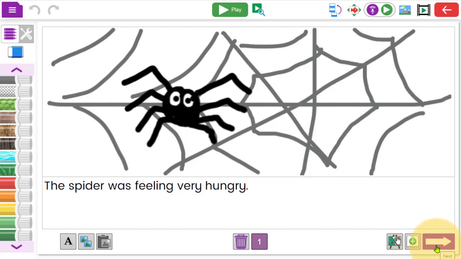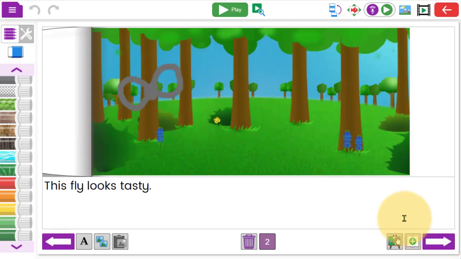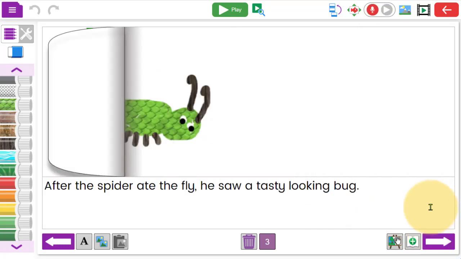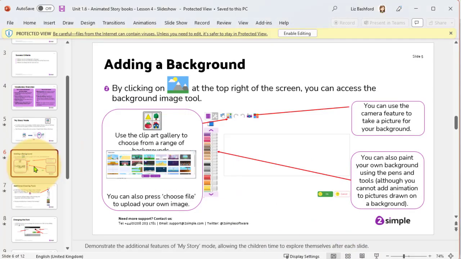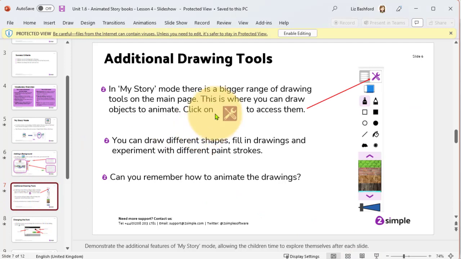So you can get the children to either create the changes to the pre-made book, or they could be making a book completely from scratch. So they can use the icon for the image background, changing the backgrounds on all of the pages. And what you'll also notice, as the PowerPoint suggested when it comes through about how to change the drawing tools